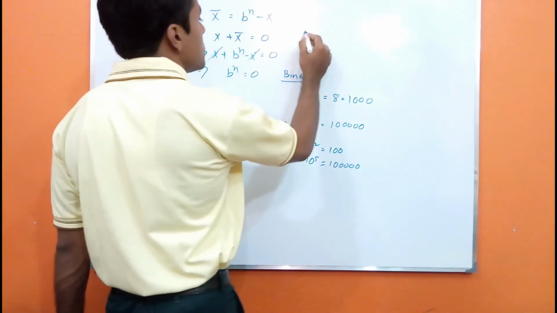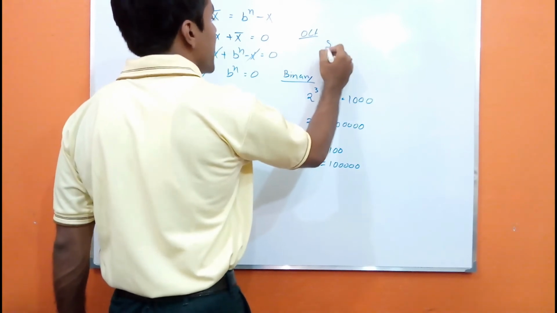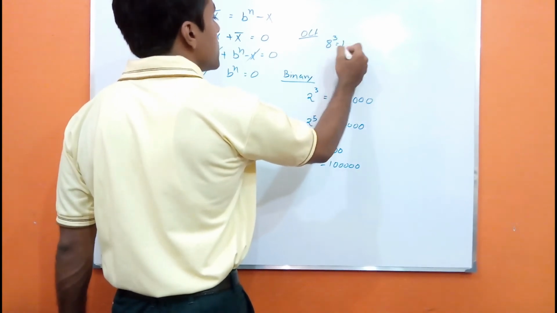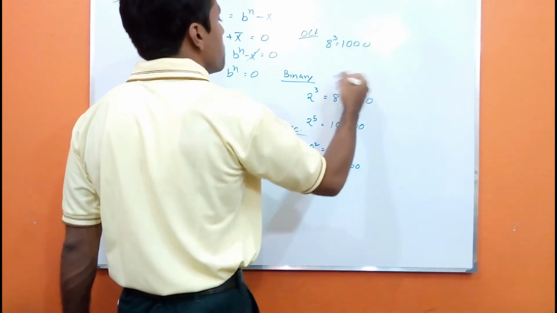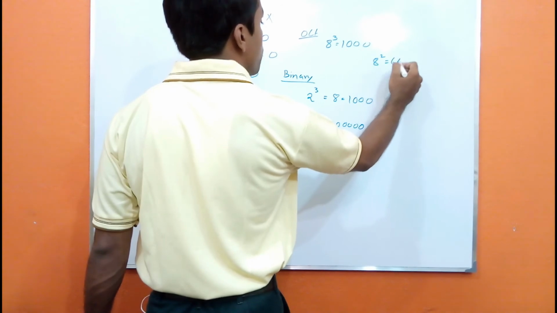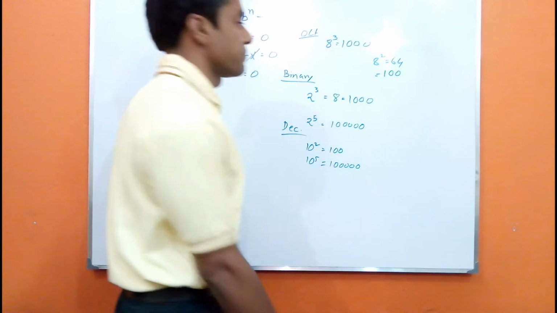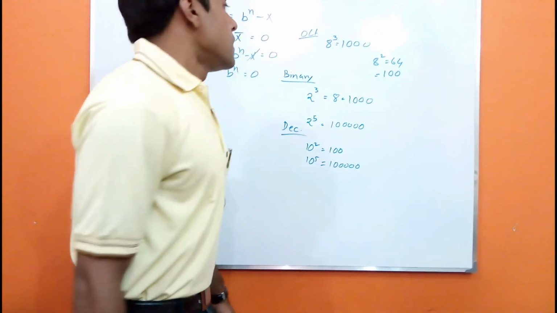Similarly, in case of octal system, if you are computing it, what is the base? 8. 8 to the power 3 is nothing but 1000 in octal. You can compute it. Suppose you are using 2 digits, then it is nothing but 64, right? It is nothing but 100 in octal. Got it? So